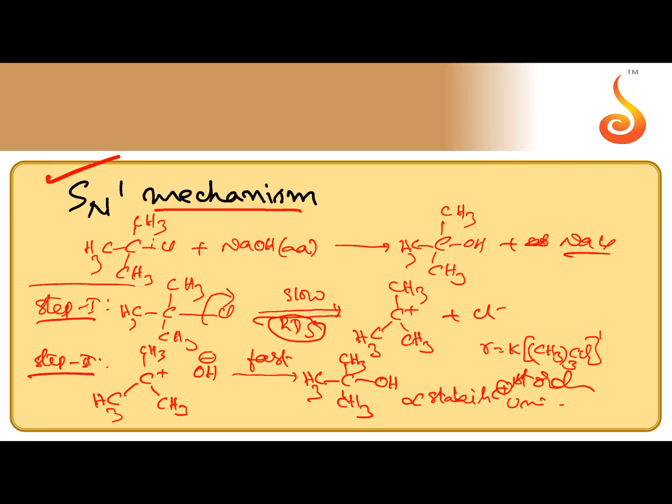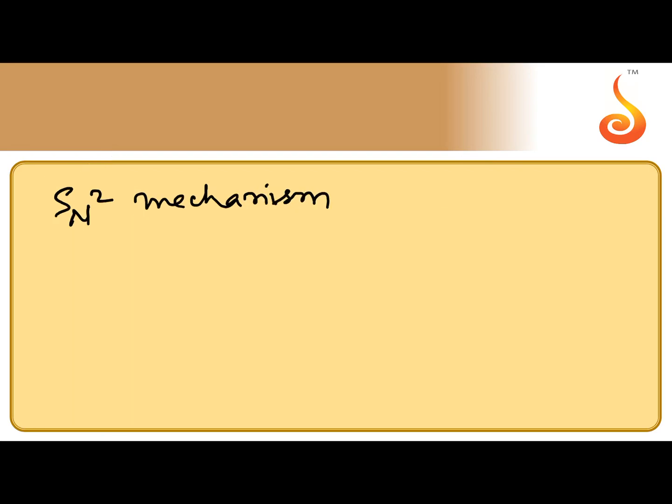So a few statements, a few factors we have to explain. The rate of SN1 reaction depends on the stability of carbocation. This is a multi-step process, and as the steric hindrance increases around the electrophilic carbon, the rate of reaction also increases. So in this mechanism, if the carbon is a chiral carbon, then we can get the racemic mixture.